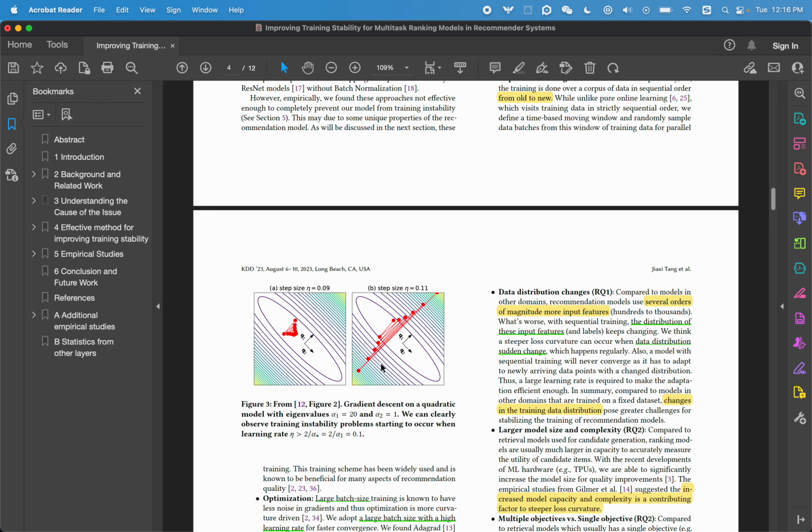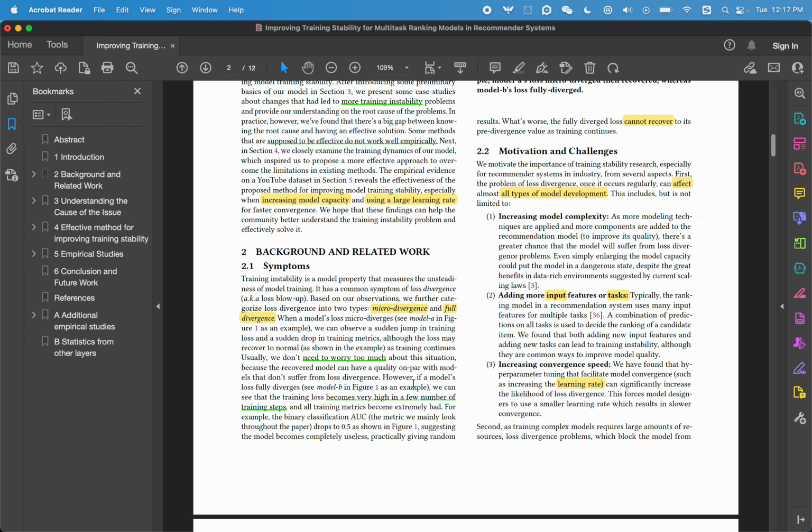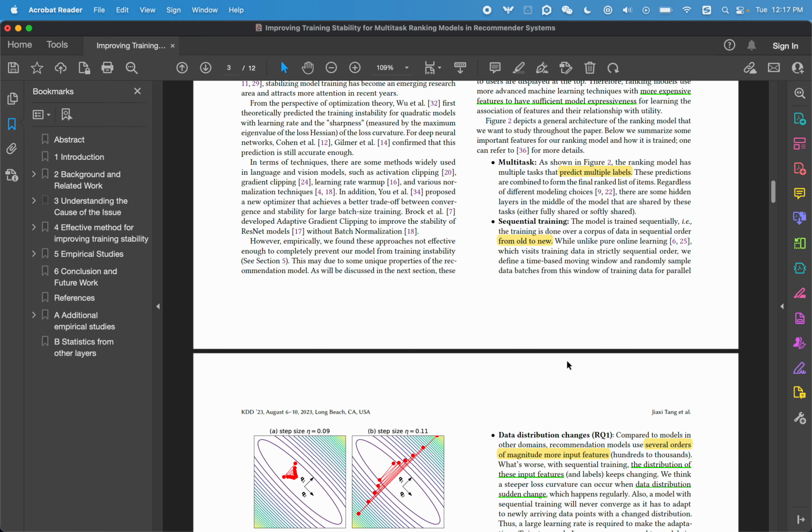But divergence happens if the first step is too large. If you observe this dot and this dot, you will find this dot is further away from the truth. That means the gradient will be larger, and the next step will be larger. So a step here, a step here, and a step here, keep bouncing around until it totally slides out. The paper claims this is the source of the loss divergence.